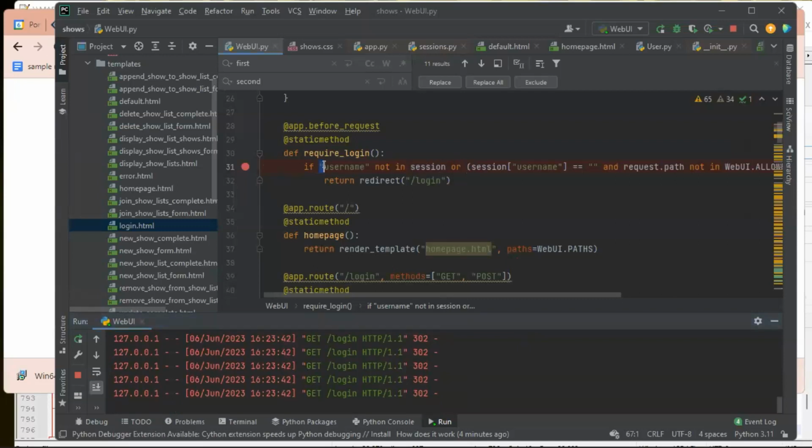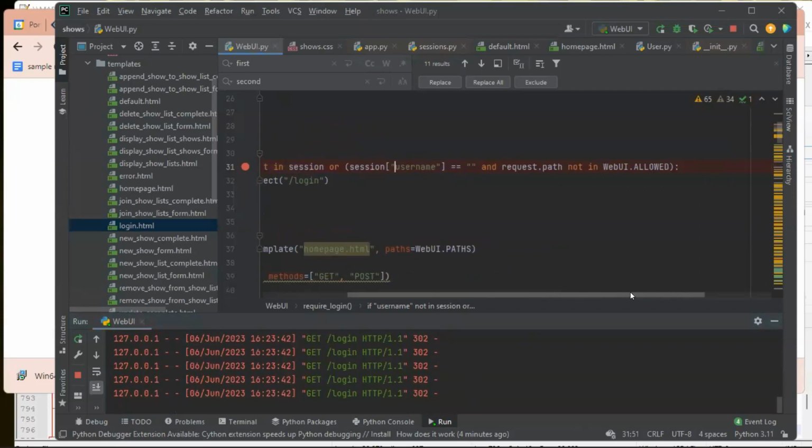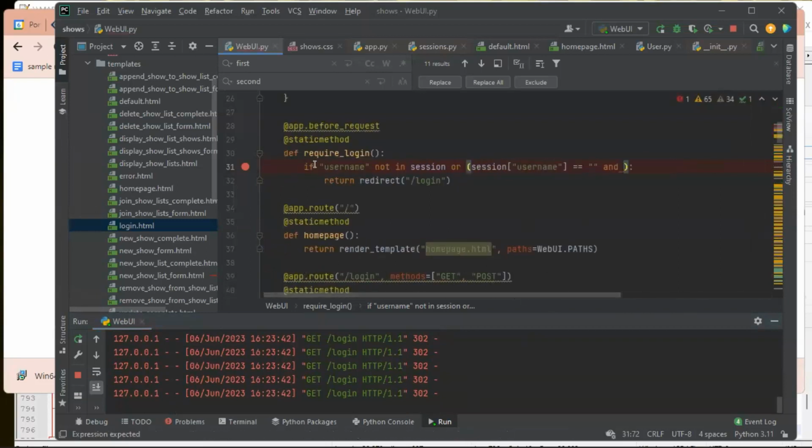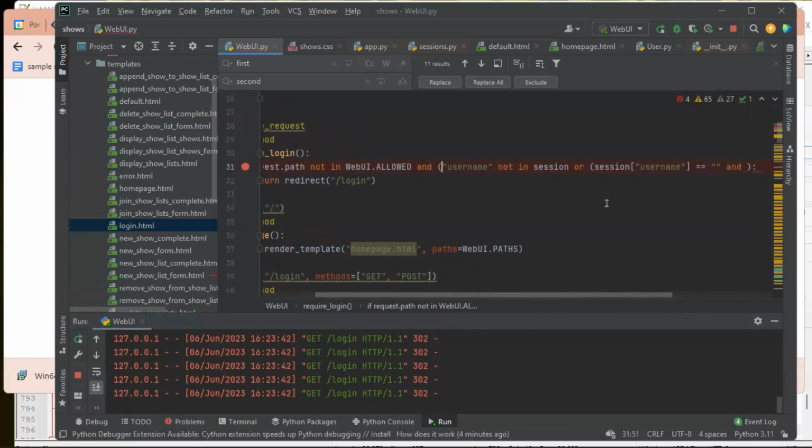So let's do this. I need to reorder these things. All right. So if it's permitted, I always want to allow the user to see it. And username not in session. Yeah. So if it's permitted or